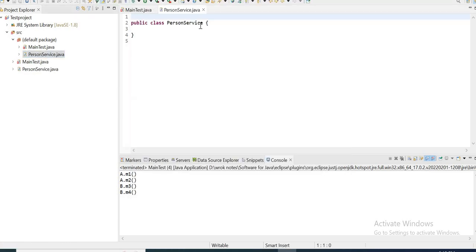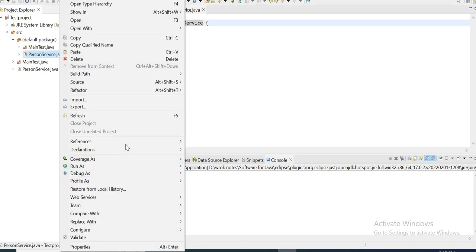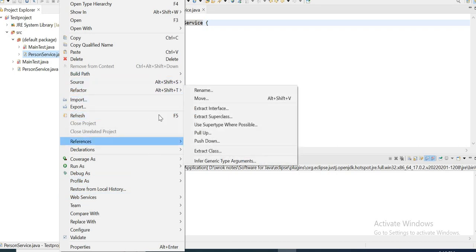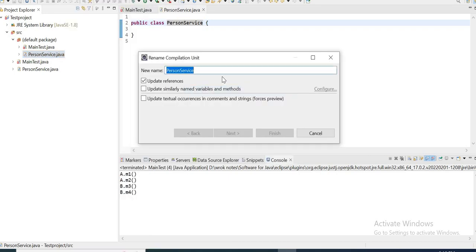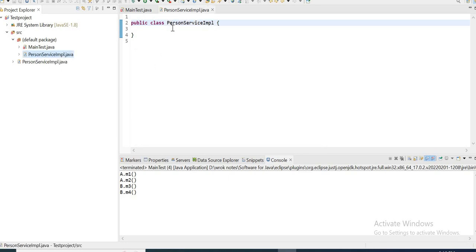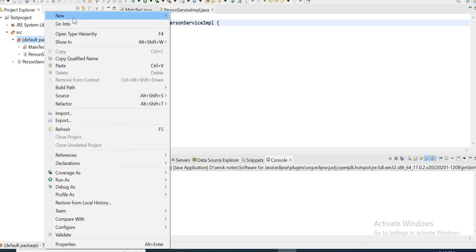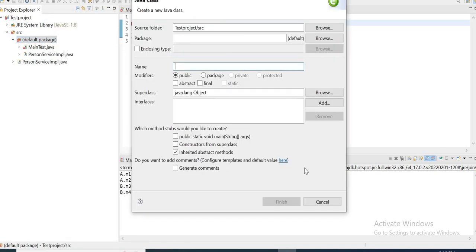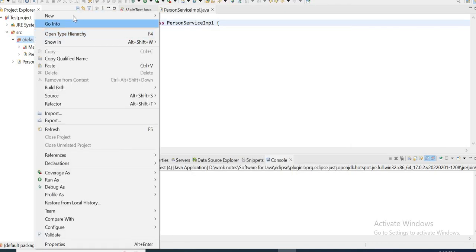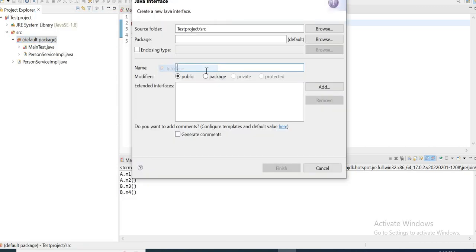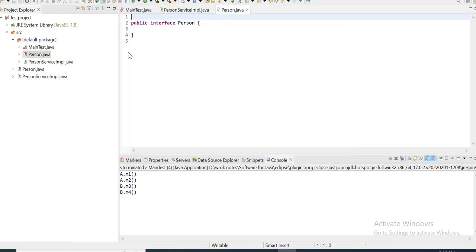This is the class of person service. I am here. I will go with refactor, rename. Again here. So this is there, and I'm going to define by the person interface. How we can go new and interface. I have person. So person has the